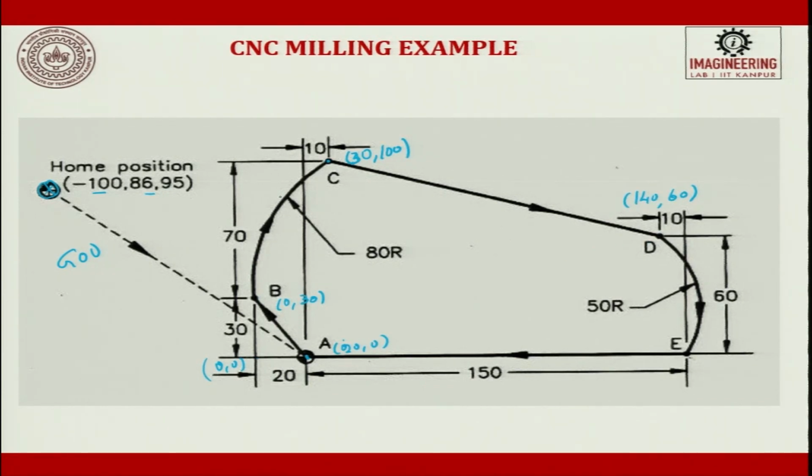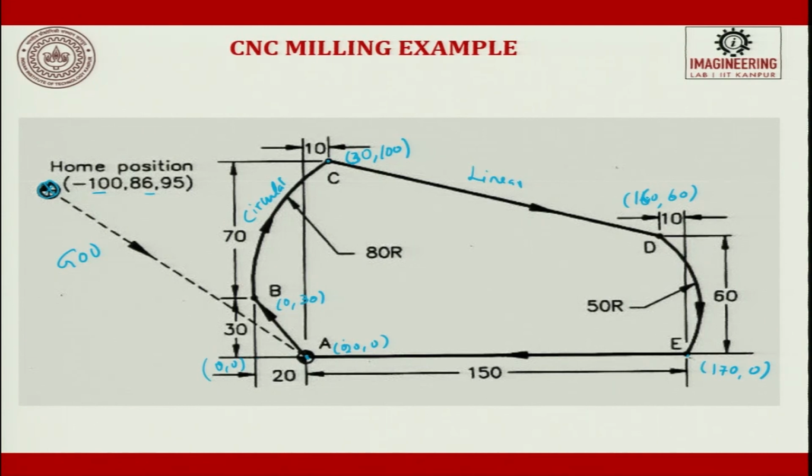So, from here to here you have to use a circular interpolation. From here to here you will use a linear interpolation and from here to here E will be, y axis will be 0. So, it is 150 plus 20, so it is 170 comma 0 and here naturally, I have missed out this 20 which is there from the origin. So, it is going to be 160 comma 60.